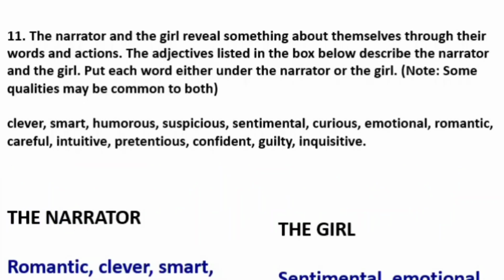11th question. The narrator and the girl reveal something about themselves through their words and actions. The adjectives listed in the box below describe the narrator and the girl. Put each word either under the narrator or the girl. Note, some qualities may be common to both: clever, smart, humorous, suspicious, sentimental, curious, emotional, romantic, careful, intuitive, pretentious, confident,